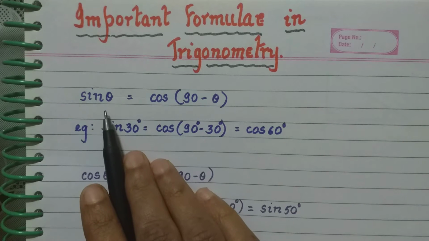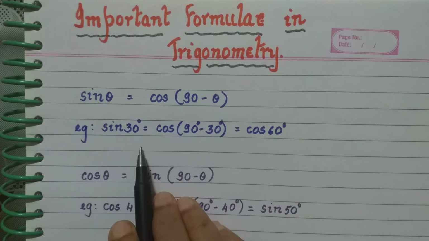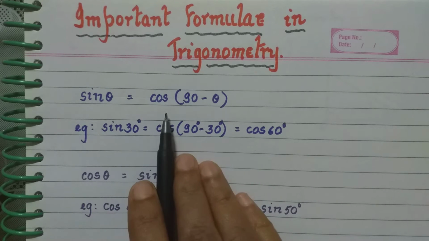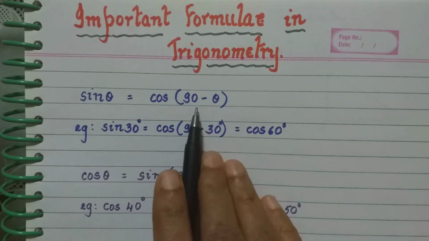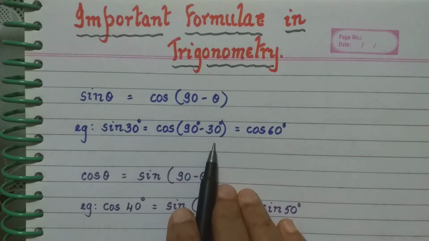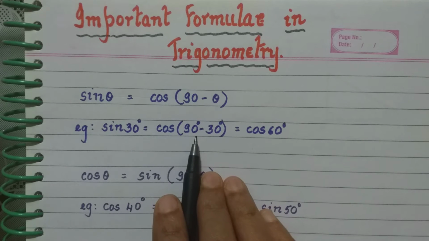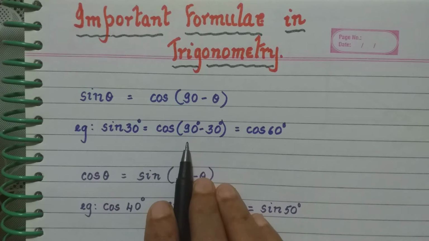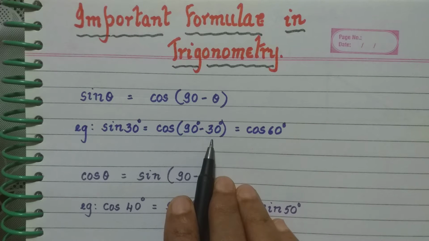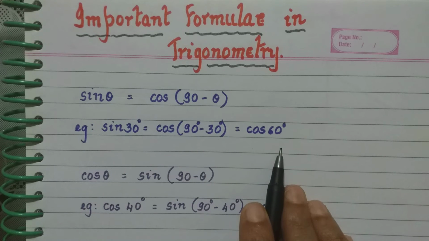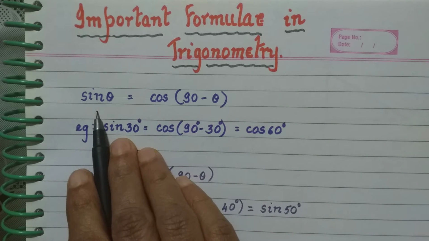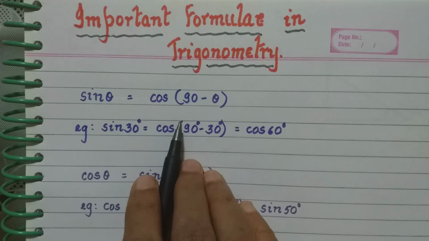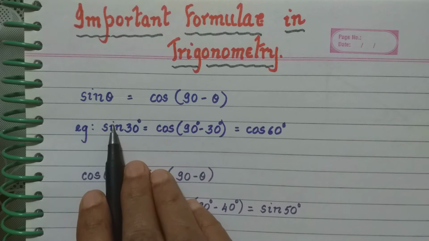If we know that theta is an angle, and suppose in place of theta we have 30 degrees. So for example, sine 30 degrees will be equal to cos, in place of theta again we put 30. So this becomes cos (90 degrees minus 30 degrees), and 90 minus 30 is 60. So it is equal to cos 60 degrees. So if I want to convert sine into cos, it can be converted by sine theta equal to